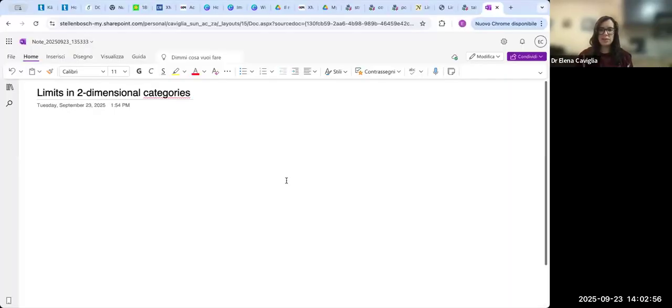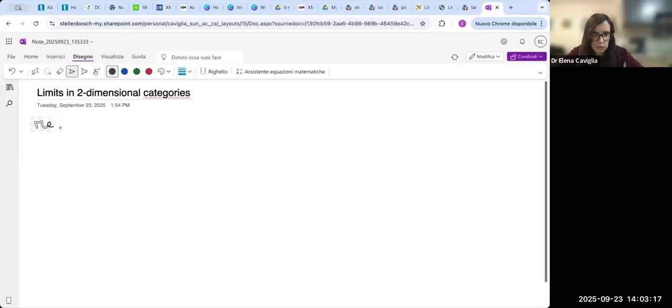Okay, so today we are going to talk about limits. We have spoken about two-categories and double categories in the past lectures, and today we are going to see how limits are done in both two-categories and double categories. So we start by recalling what happens for categories. We saw in the first lecture that for categories,